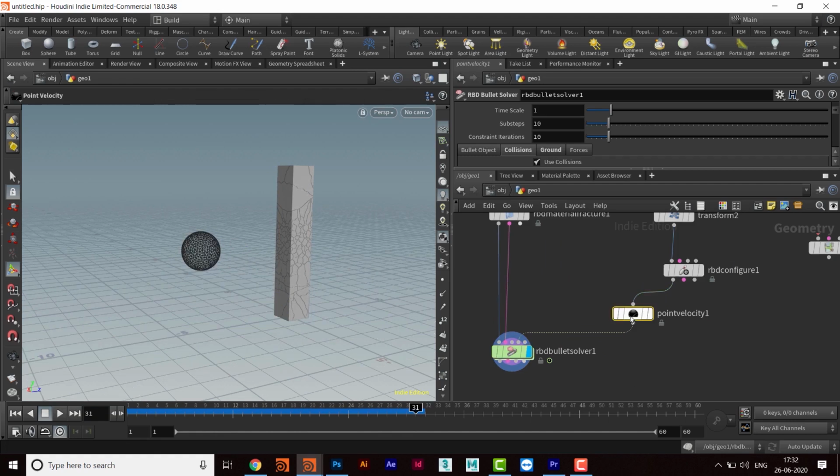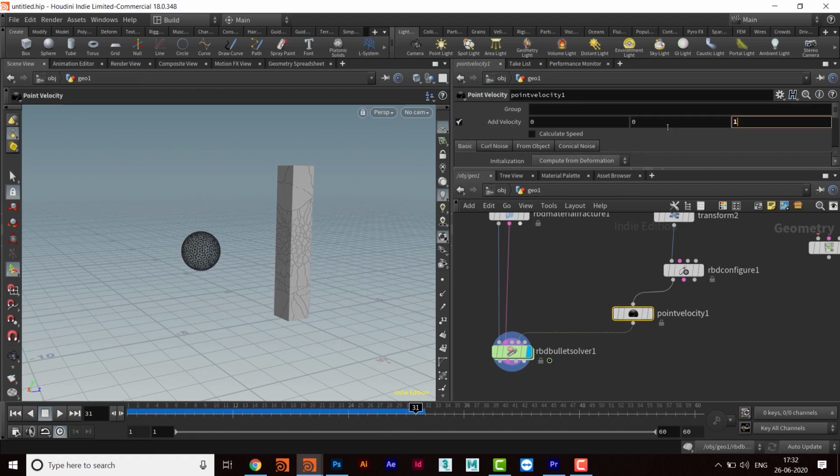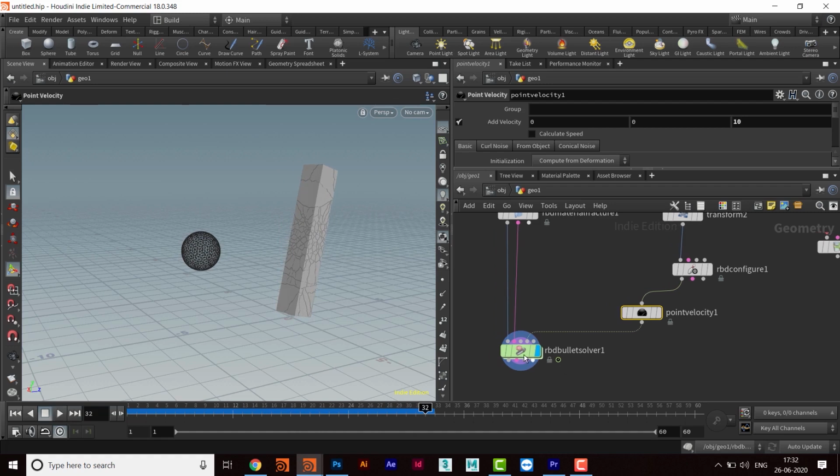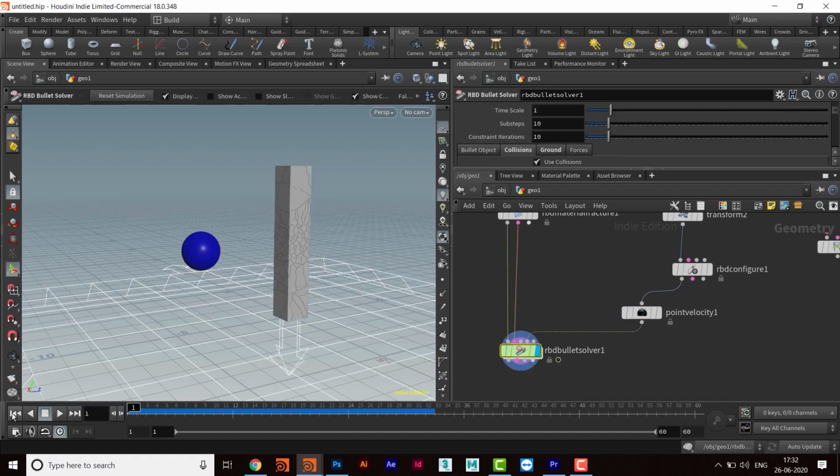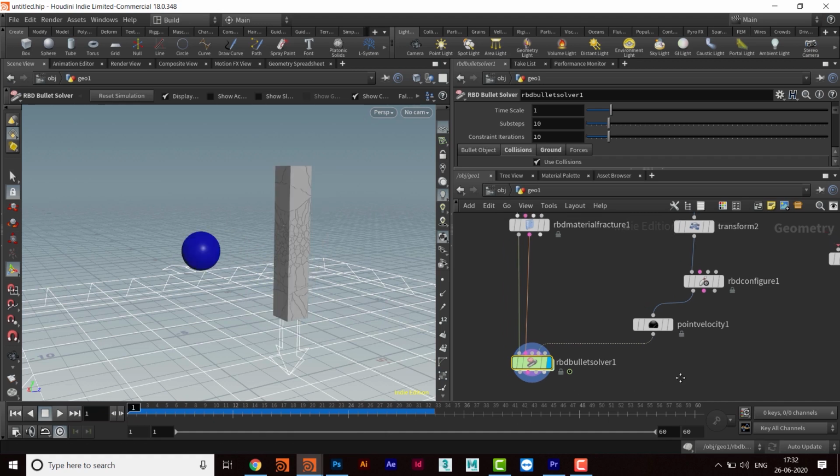So I will increase the value here and make it 10. Okay. So why is it happening?